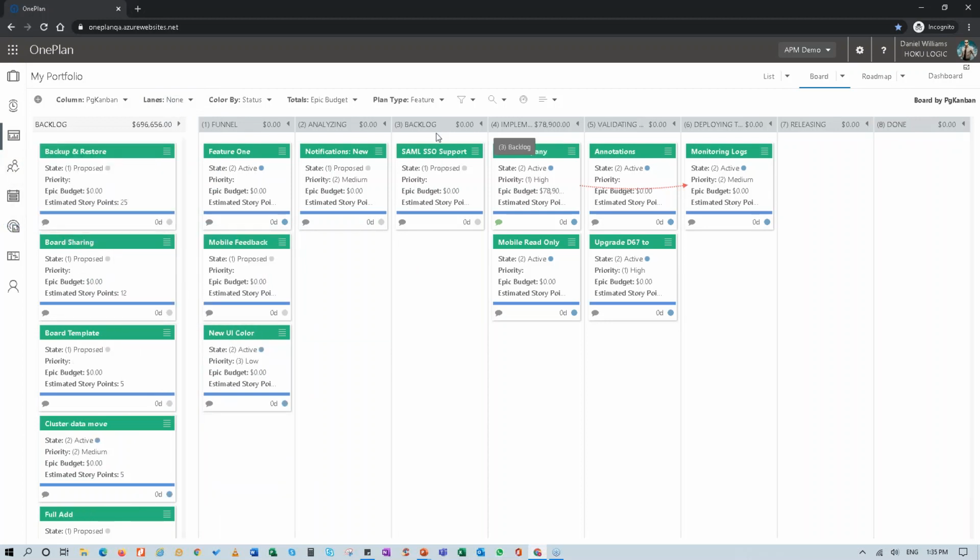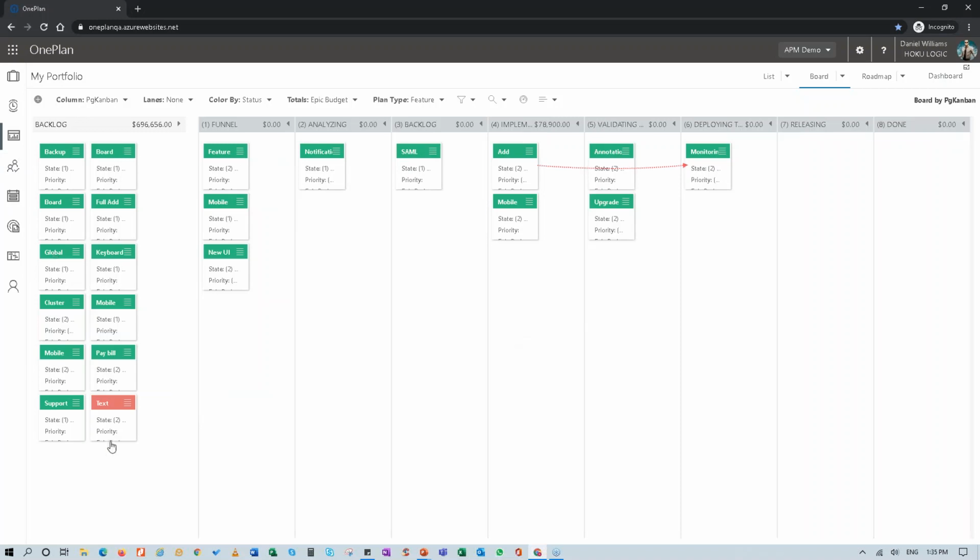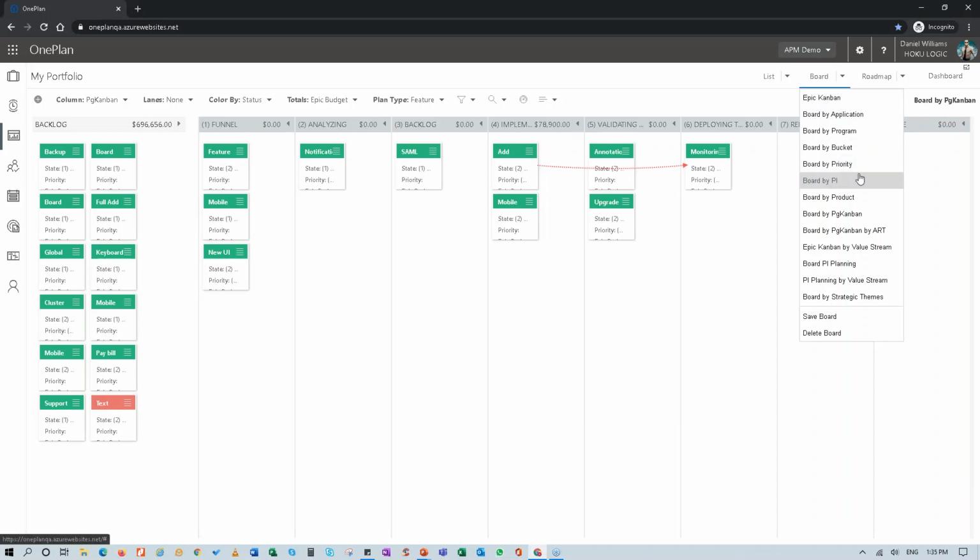We do have also the ability to have WIP limits by these, or constraints that you see here. And if we actually wanted to see what it is that we're working on through our backlog, you can. You see that we have summaries by epic budget. So we can see exactly the level of investment that is being driven. I'm going to move to another